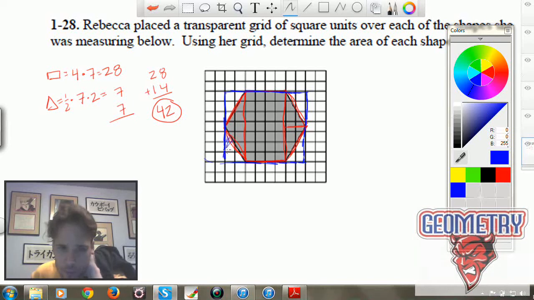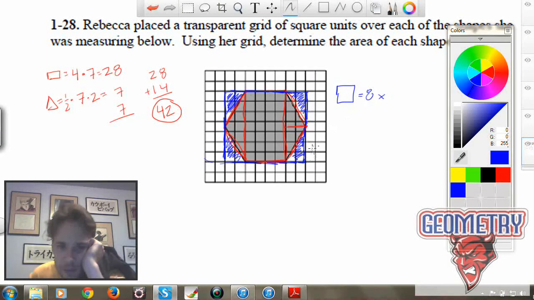And if we notice in the corner here, if we were to cut off these triangles, let's get a pair of scissors and get rid of them, what we would be left with is our initial shape. So we're going to find the area of this big blue box, and then we're going to subtract off those 4 triangles. So the area of the large blue rectangle, it's 1, 2, 3, 4, 5, 6, 7, 8